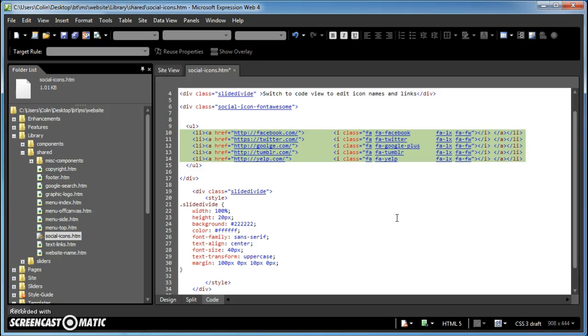Now I have other tutorials on working with Font Awesome icons, so I'm going to provide a link at the bottom of this video for that to go through, because we use Font Awesome icons quite a bit throughout the site. But this is where you would make your changes. If you want to change Facebook, there's the name there, Twitter, Google+,